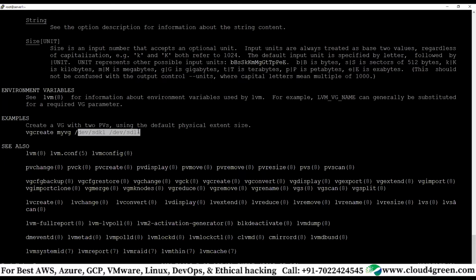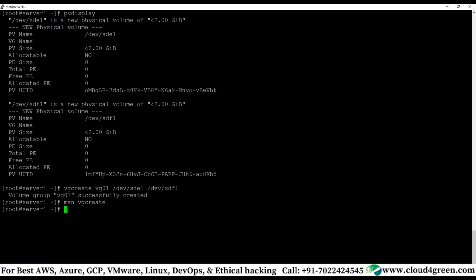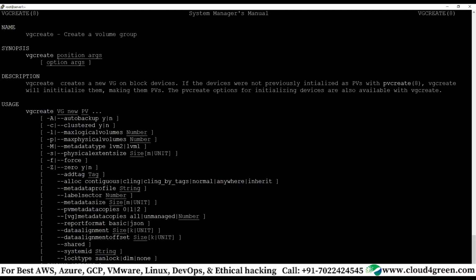Clear? So what I'm teaching is the basic logical volume manager, which is there in your RHCSA and this particular module syllabus. So now your volume group is created. You know how to look for the volume group create command also. Okay, man page. If you have forgotten whether I should give the volume group name first or later, instead of panicking or thinking about this, do a man on vgcreate. Come to examples. Search for the examples if they are there.